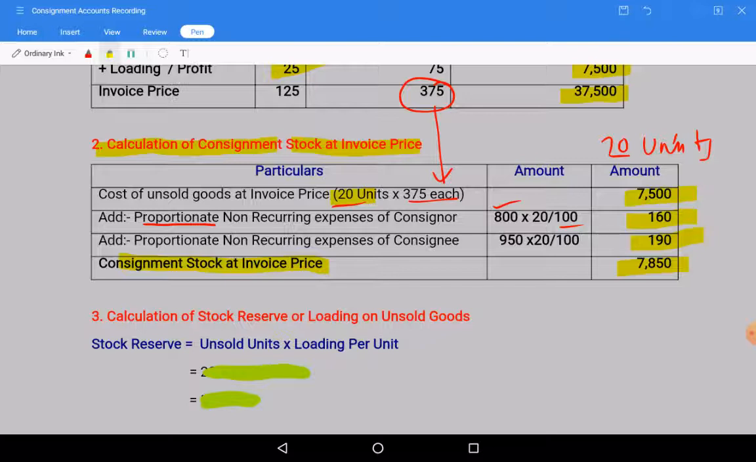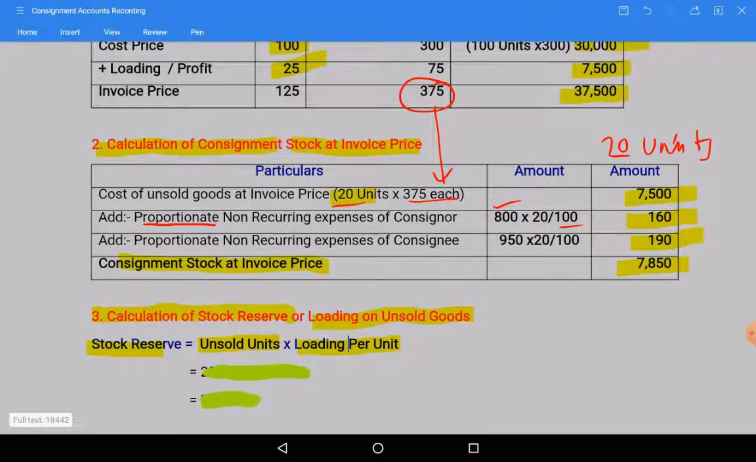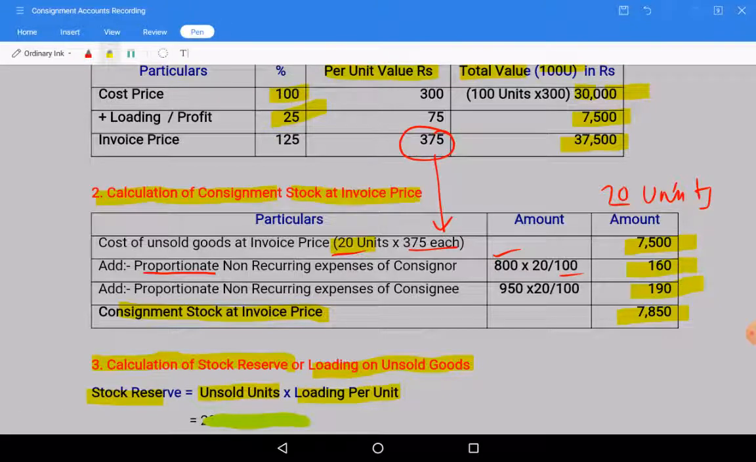Okay, let us see another calculation, working note 3, that is calculation of stock reserve or loading on unsold goods. See, stock reserve is equal to unsold units into loading per unit. Simple formula. When per unit information is given, we can easily calculate. See, per unit loading we have calculated here, 75 rupees. This value will be useful now for us. How many unsold units are there? 20 unsold units are there. So 20 units into 75 per unit of loading,